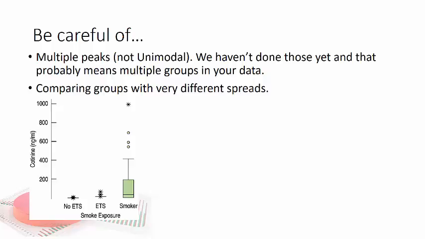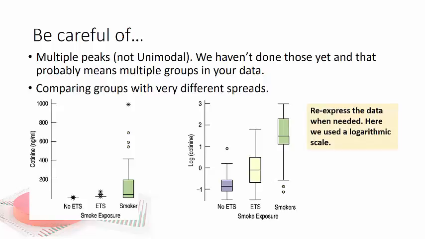So what you can do is re-express this, redo it in a different scale. Here we used a logarithmic scale so that you can actually see the outliers for all of the groups that do have outliers, and you can better compare the medians for the people who aren't exposed and those who are. So if we had only looked at the left data, we might think there are no effects from secondhand smoke. But if you look at the next graph, then you can see